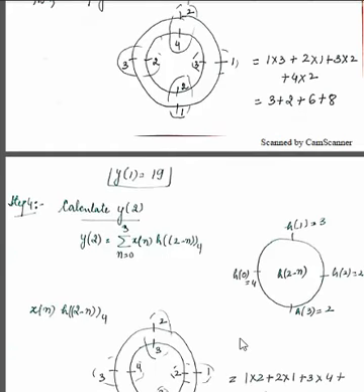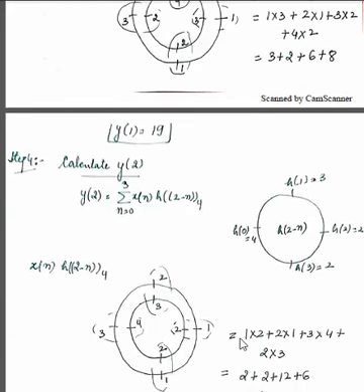Next step is to calculate y of 2. Put m equal to 2 in equation number 1. Then it becomes y of 2 is equal to summation n from 0 to 3 x of n h of 2 minus n. Now by taking minus sign as common, it becomes h of minus into n minus 2. That means delay the h of minus n sequence by 2 units. Then it becomes, delay another 1 unit more, h of 0, h of 1, h of 2, h of 3.